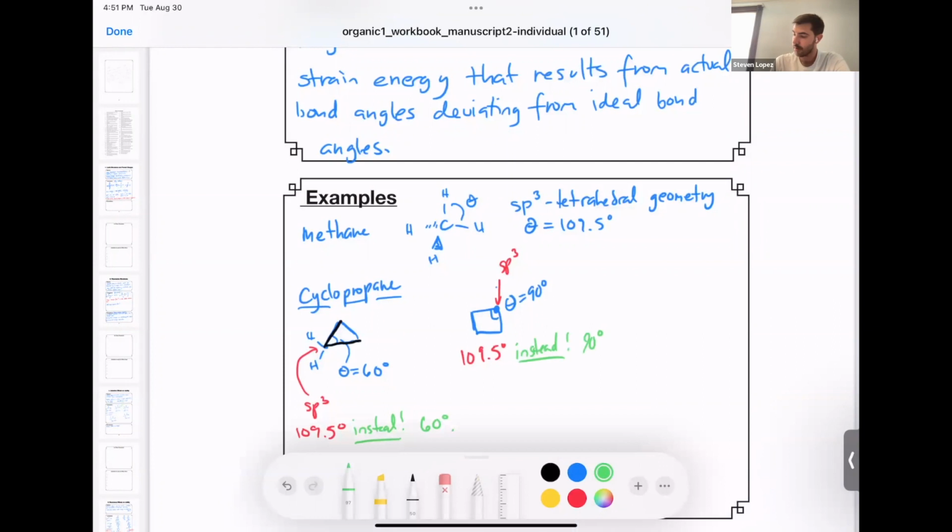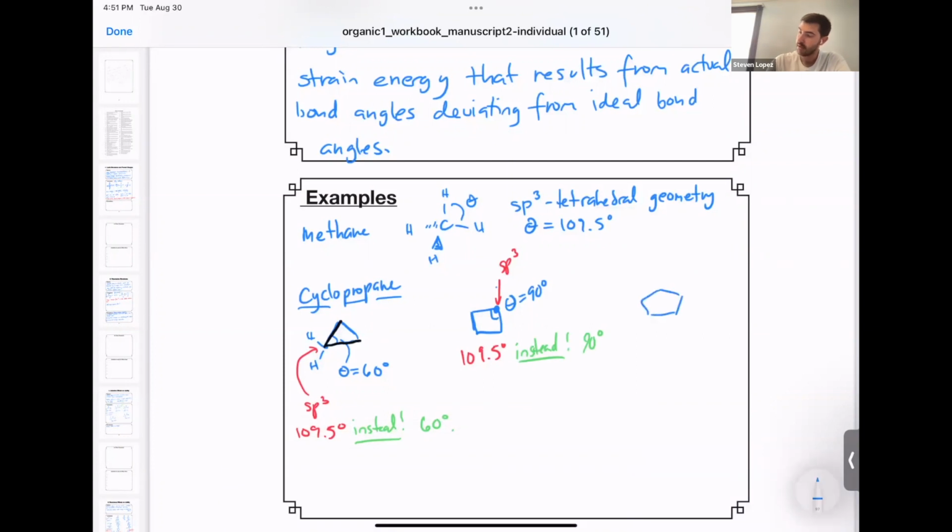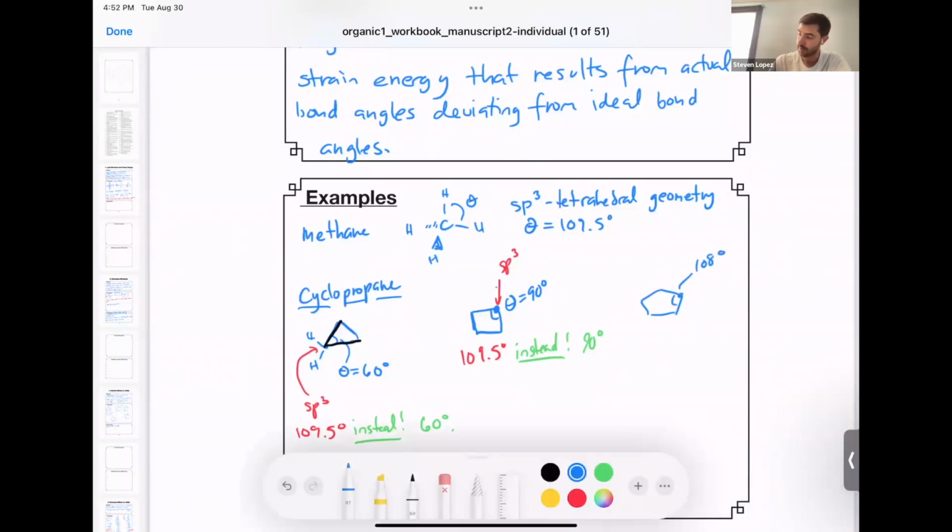Going to another example, cyclopentane, right? So here, this bond angle is 108 degrees. Now, this carbon, again, should be sp3 hybridized, which means its bond angle should be 109.5 degrees, but instead, it's 108 degrees. So this structure is a lot closer. So this bond angle is a lot closer to the ideal 109.5 tetrahedral. These bonds have a closer angle between them than they would in the ideal tetrahedral geometry. So this also has some strain energy.